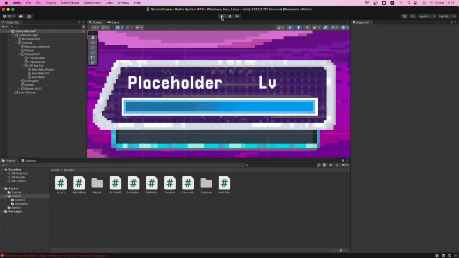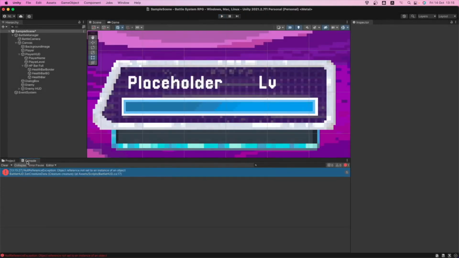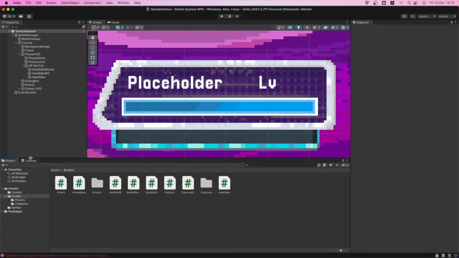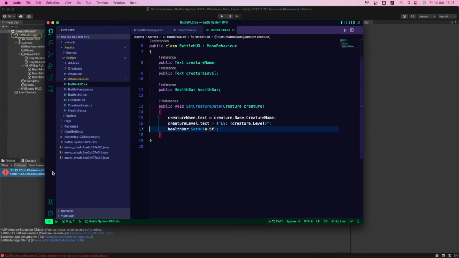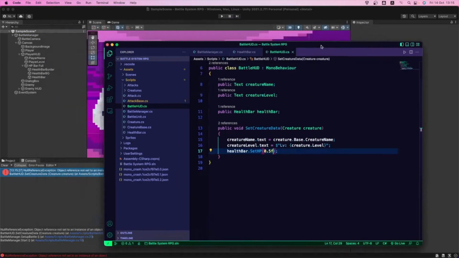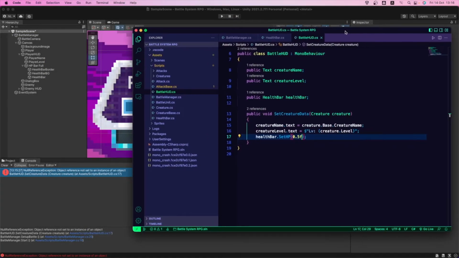Okay, so we're gonna stop this. We're getting an error. We're gonna see what is happening. Null reference exception, object reference. Okay, we're gonna clear that, and we're gonna click it. And where are we getting this? It says that we aren't using the values that we need to use. Okay, so let's try this. Let's use it as we have to.